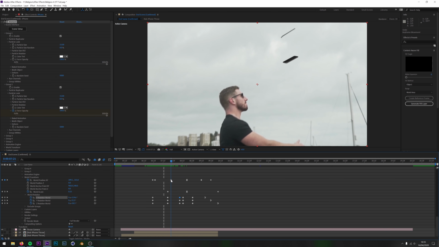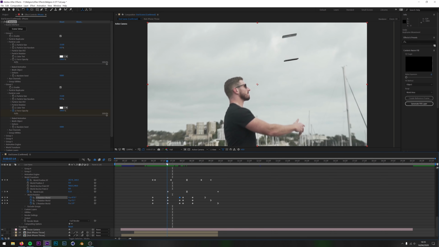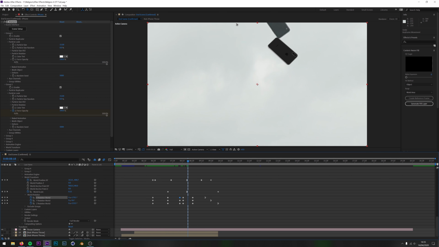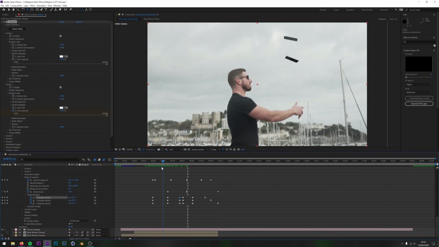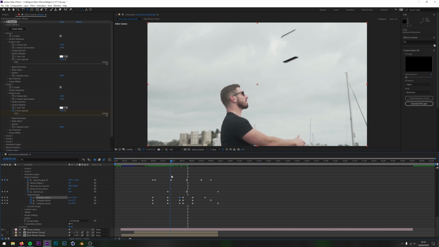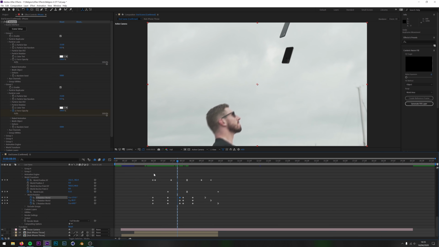And I think the reason why I didn't copy the position was because it actually went off screen, so I couldn't get the effect I wanted anyway. So I think that was the highest I was happy to go with. Yeah, if I went any higher, it would have cut the fake phone off the screen as well, and I didn't want that. So I kept it a little bit lower. But you can see the rotation is basically just mimicking the real phone. And that is all these keyframes are.